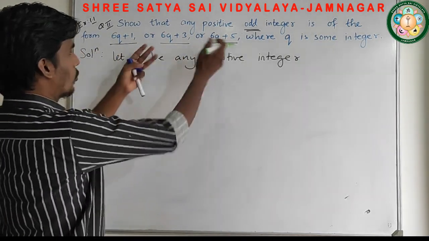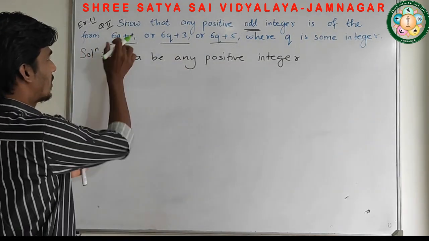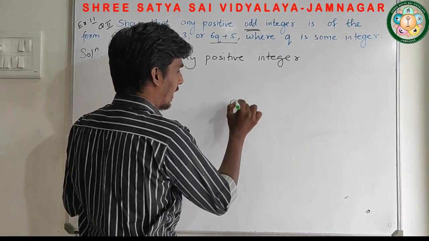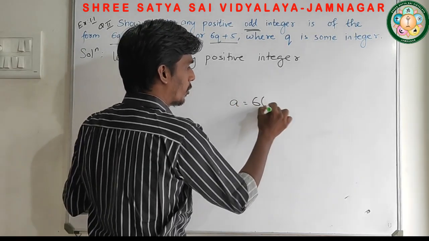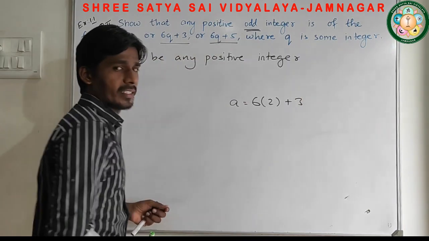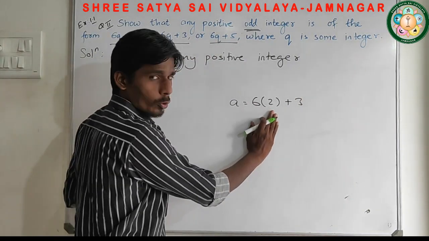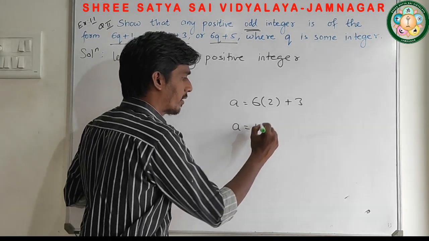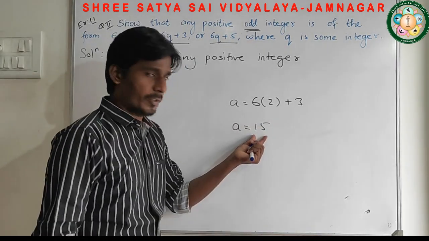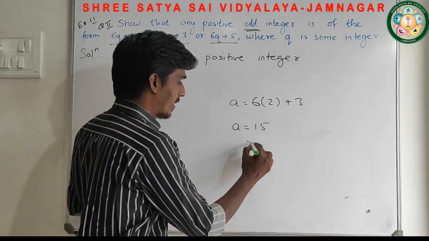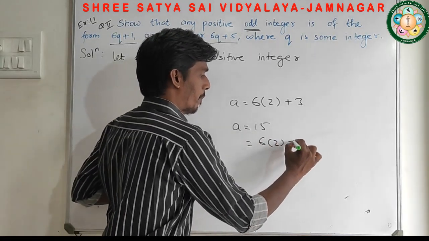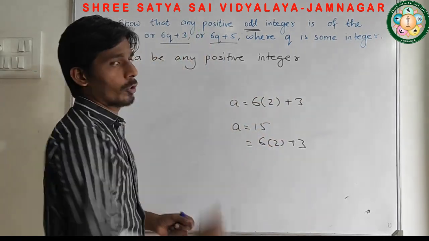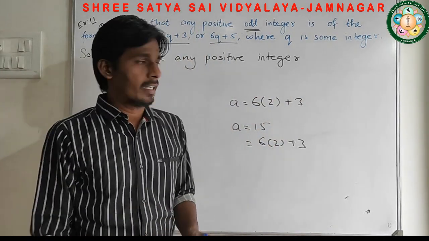Now you think how to get this whole number. So this is the number 6q plus 1. So if I write a is equals to 6 into 2 plus 3, what does it mean? It's 6 into 2, 12. 12 plus 3 is what? 15. So I can say that a is 15. So this 15 I can write in this form like this: 6 into 2 plus 3. So somewhat this type of form we have to prove here without using any number.